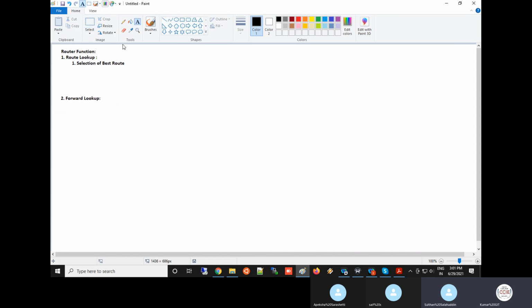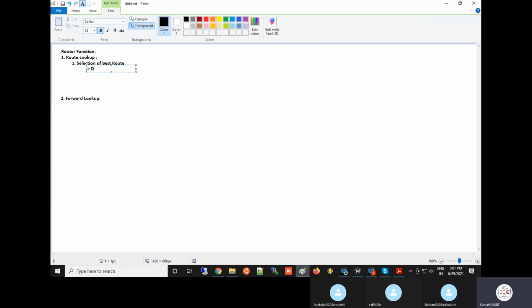Now this is the destination network address, for example. To go to the destination network address, what information will the router find out? For example, the destination network is 192.168.30.0/24. You want to go to this.